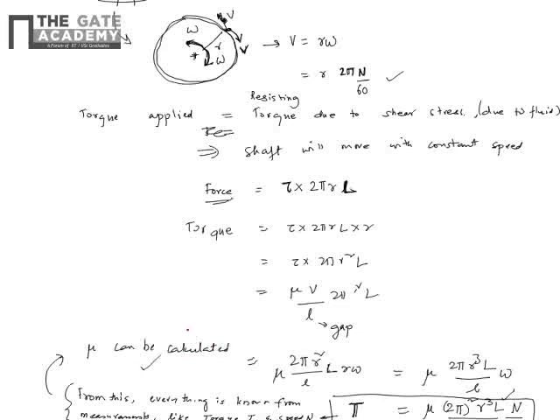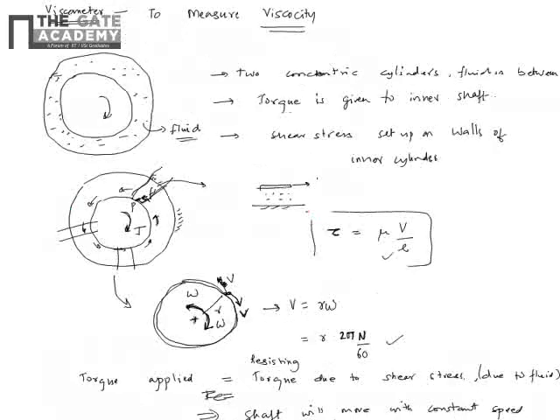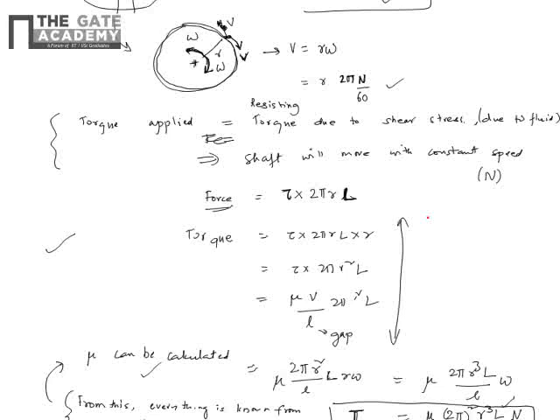So this is a simple measurement with which you can calculate the dynamic viscosity, and this is basically the rough idea of how a viscometer works. You have two concentric cylinders and a fluid in between, and by the simple equation which we have seen in the previous slide, we can derive a general expression. But this concept is important: when the torque applied on the shaft equals the resisting torque due to shear stress of the fluid, then the shaft will move with constant speed. At that point we measure the speed n and the torque applied, and then we can straight away write this equation, and this is how it works.